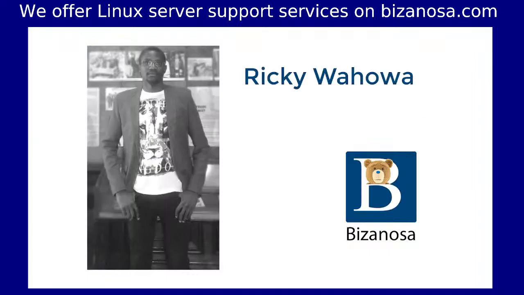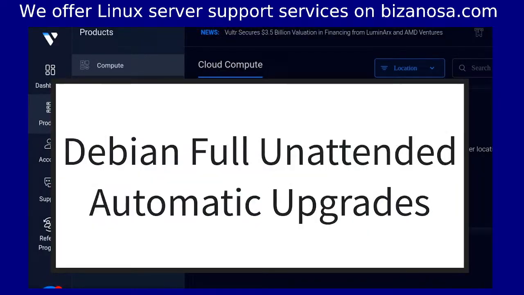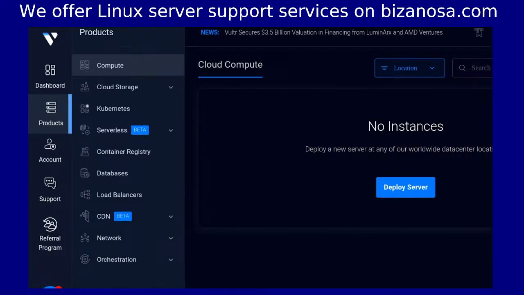Hi, and welcome to this video. In this video, you're going to see how to set up automatic updates in Debian. That is, automatic upgrades in Debian. In most tutorials, you've probably seen the automatic update is done, but they don't show you how to update third-party